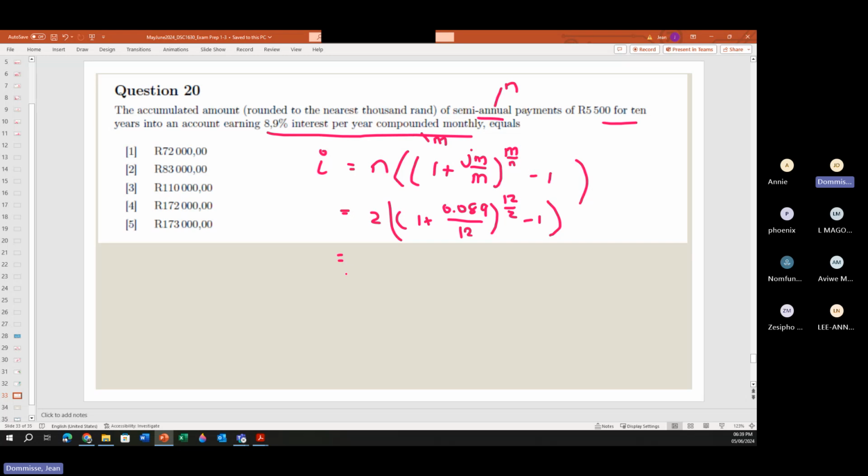That to the power of 6 will give me 1.0453. If I minus that by 1, I get 0.04533. Multiply by 2, I will get